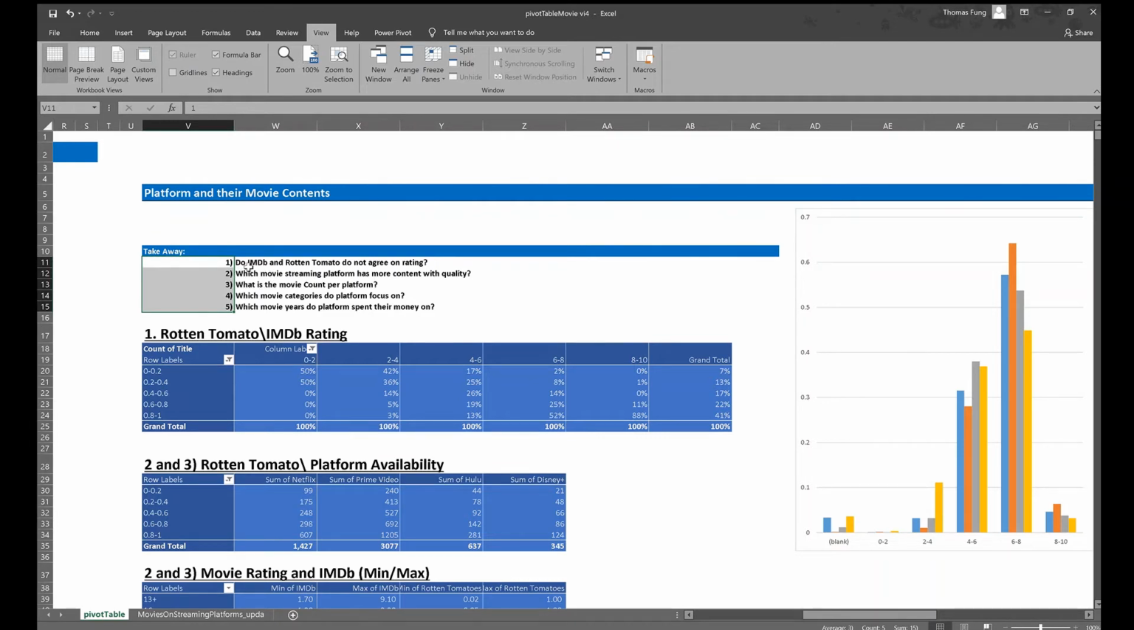The IMDb and Rotten Tomatoes, whether or not they agree on their ratings. The movie streaming platform that has the most quality content. The movie count on each platform. The movie category that each platform focuses on, and also which year of movies each platform has the